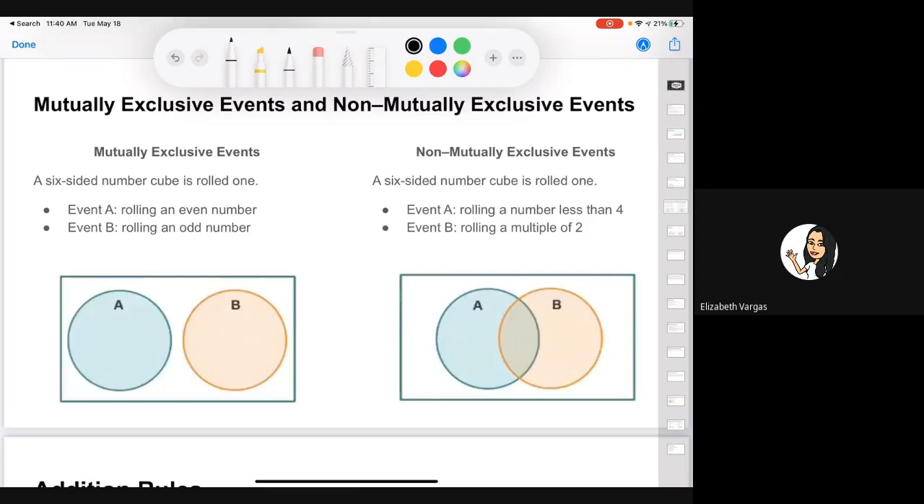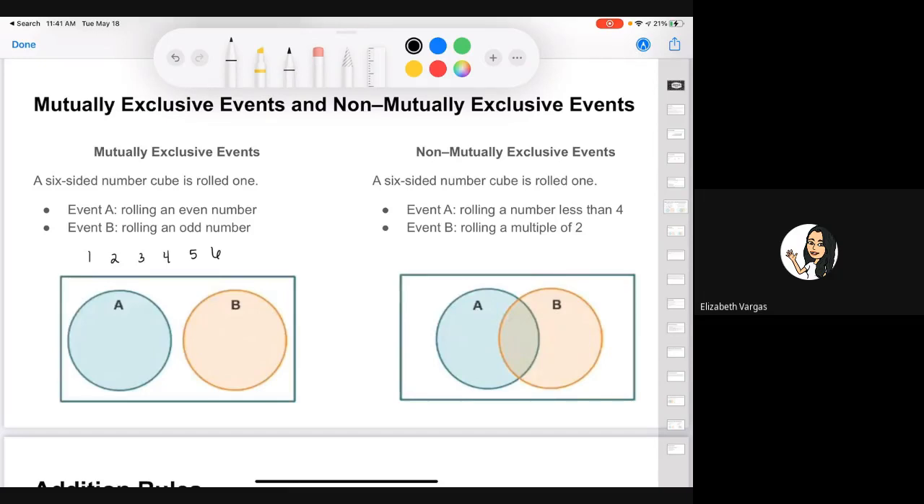So here's an example of mutually exclusive events again. It says a 6-sided number cube is rolled once. What is the probability of rolling an even number and an odd number? Well, all odd numbers are not even numbers and all even numbers are not odd numbers. They cannot happen at the same time. You cannot have both an even and an odd number. And so if I had a 6-sided die, this is my sample set. I can put the possibility of rolling a 1, 2, 3, 4, 5,